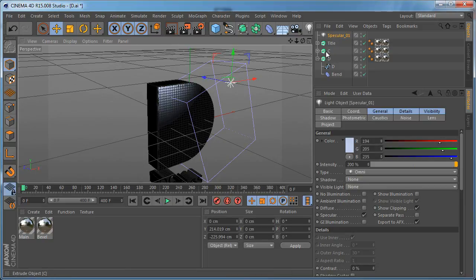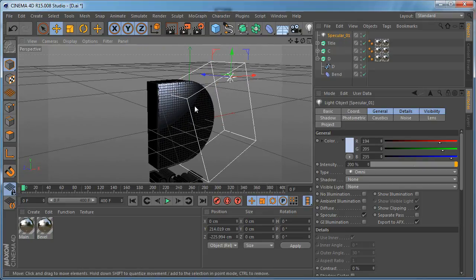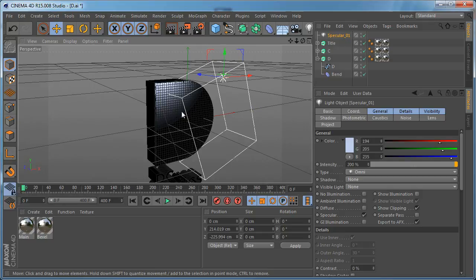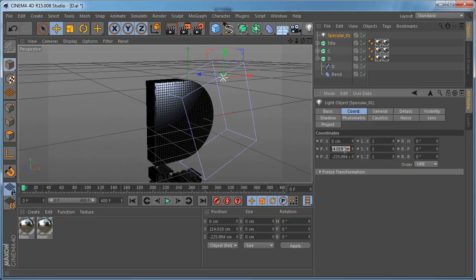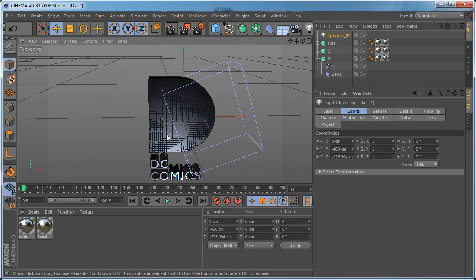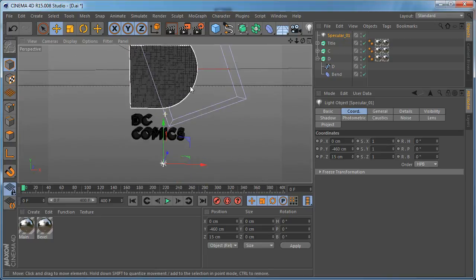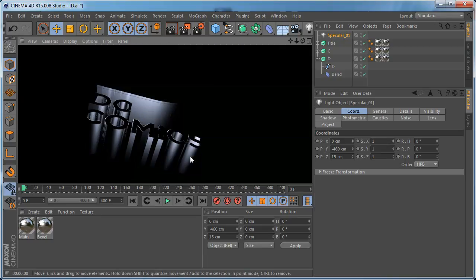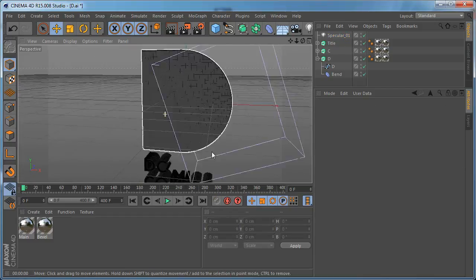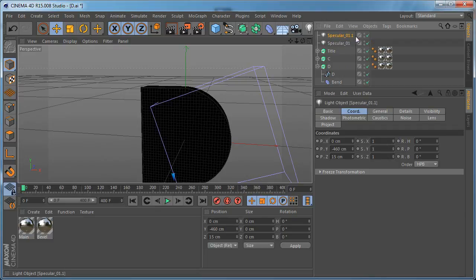And we are going to use a combination of different lights and an environment HDR image to give some nice reflections to the logo. So for this first light, I'm going to position it at the bottom here, and maybe set it here just to light the letters from the bottom, and you can see how they look so far. And now let's create a copy of the light, and let's rename it to specular 2,